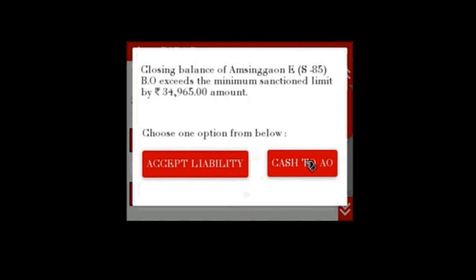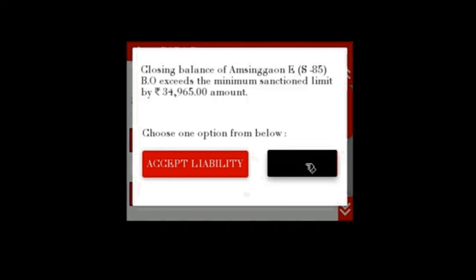Since BPM does not require any amount for tomorrow, he will send the entire amount, that 34,965, to the AO. Now we will write this amount, 34,965, since BPM does not require any amount to be kept for tomorrow's work.